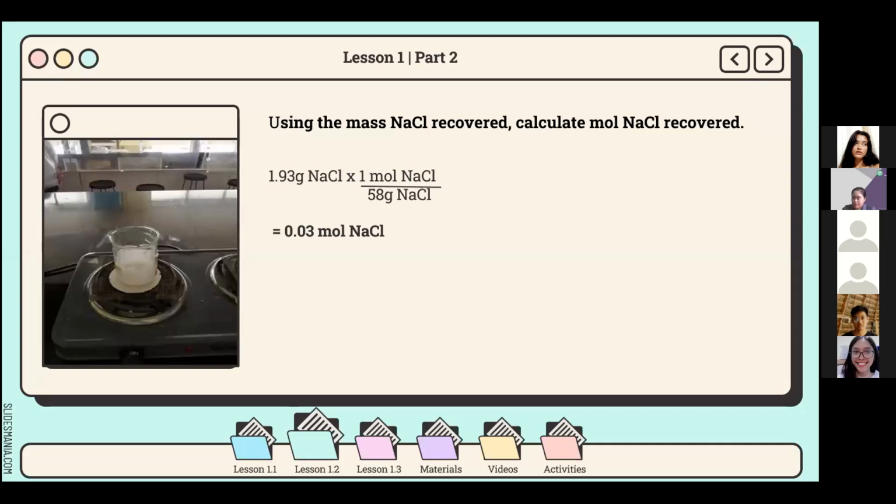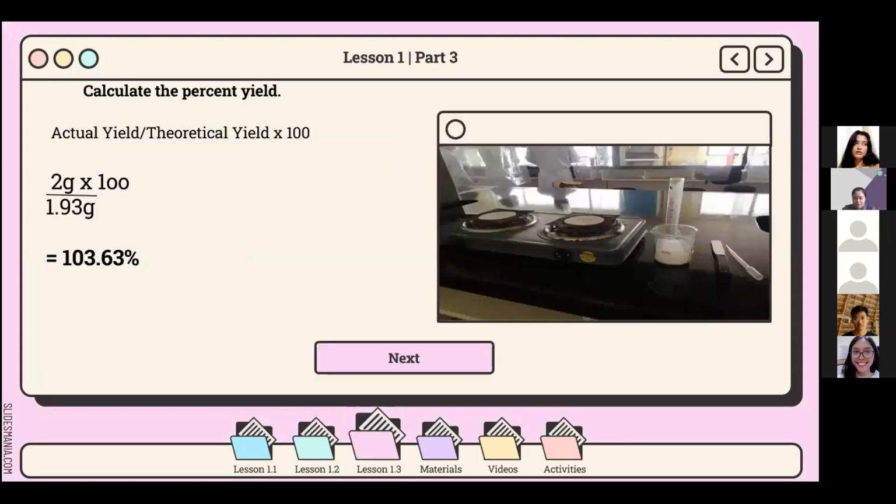And then we are going to multiply it by 1 mole of NaCl over the molar mass of NaCl, which is 58 grams of NaCl. And then we cancel the grams of NaCl. And when you compute it on the calculator, the answer is 0.03 mole of NaCl. So for the next slide,